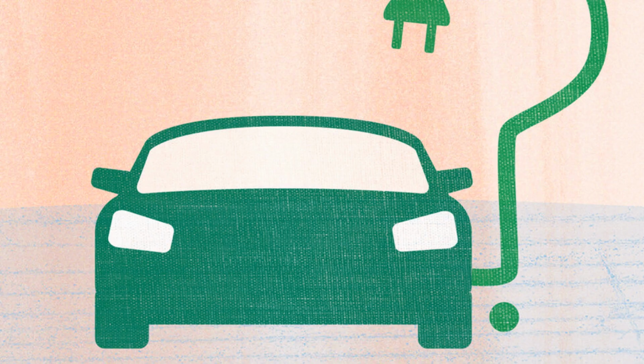In conclusion, understanding the ecological class of a car is essential for making informed choices that benefit both the environment and your wallet. By checking the vehicle's documentation, consulting online databases, or using dedicated apps, you can easily find out its classification. This knowledge empowers you to select vehicles that align with your values and contribute to a more sustainable